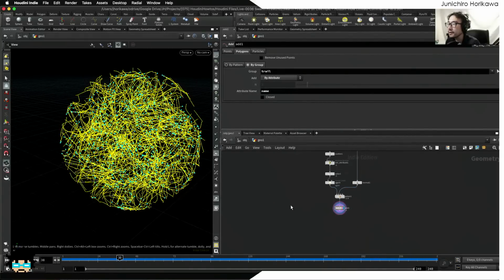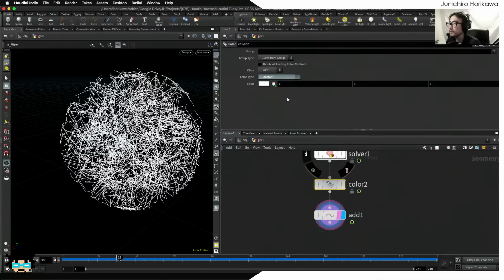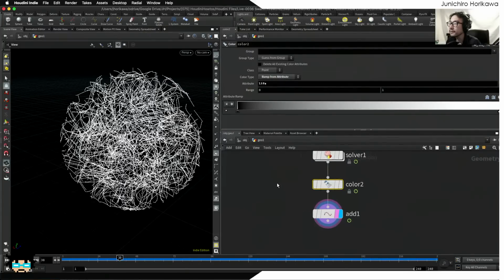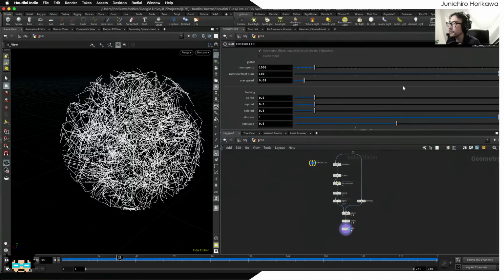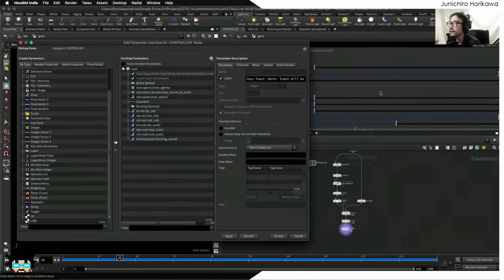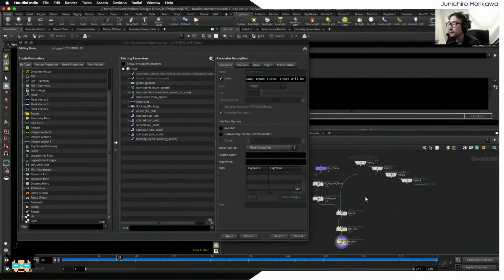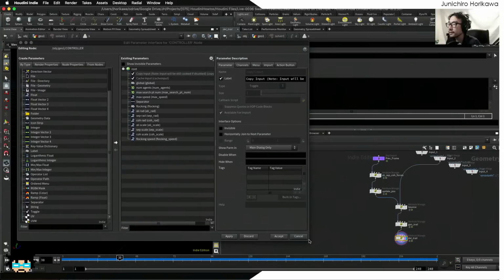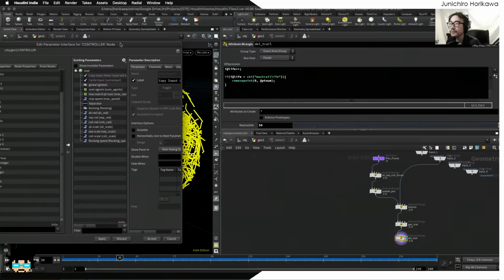Now I might want to color this trail based on the life values, so let's give a color node. Life based on the life, and in order to use this, I think I need a maximum life attribute, so parameters. So let's have that as a global parameter here. So going back to the SOP solver, there is a max trail life here, so